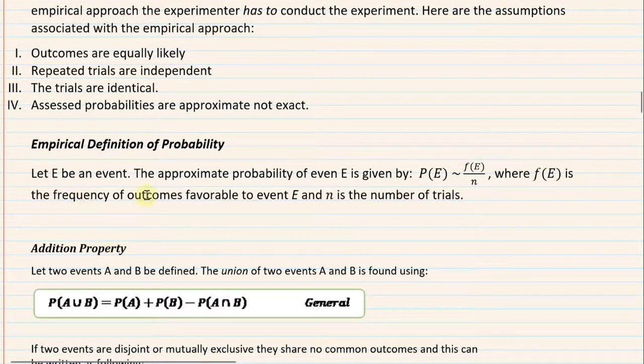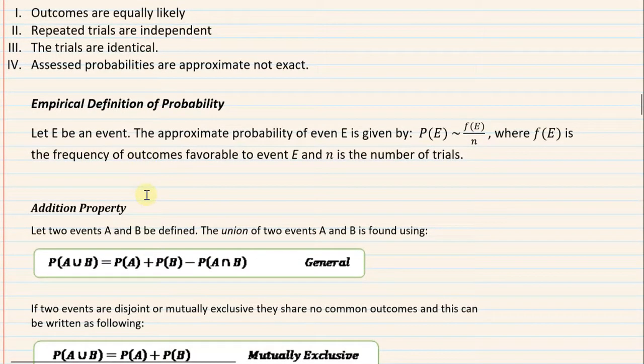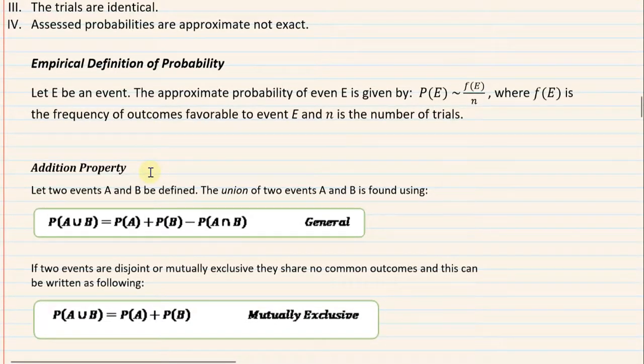Now next we're going to look at a series of properties of probability. We're just going to look at these probability statements or rules based on 2 events, A and B. But they do extend beyond 2. It's just that the formulas get more complicated. But this will get the point across. And so here we go.